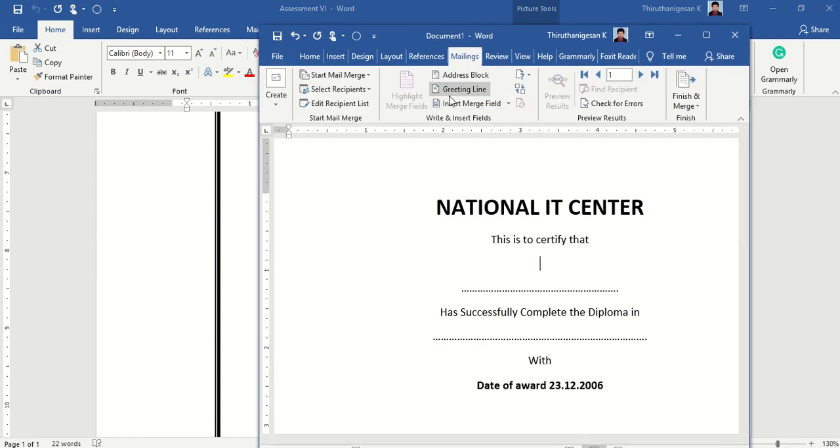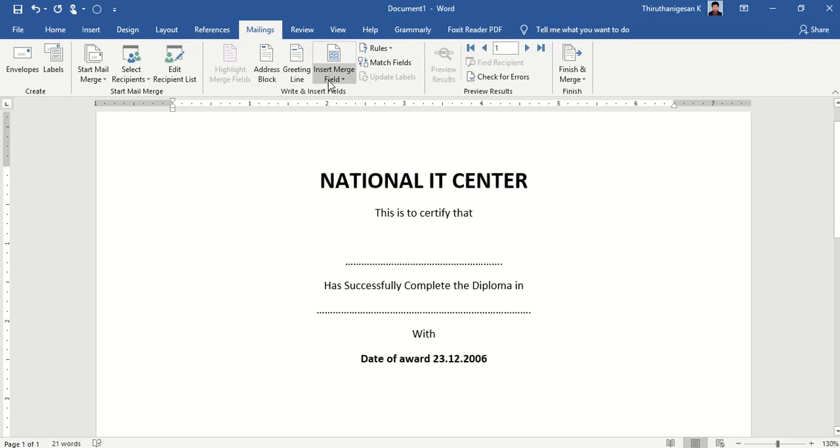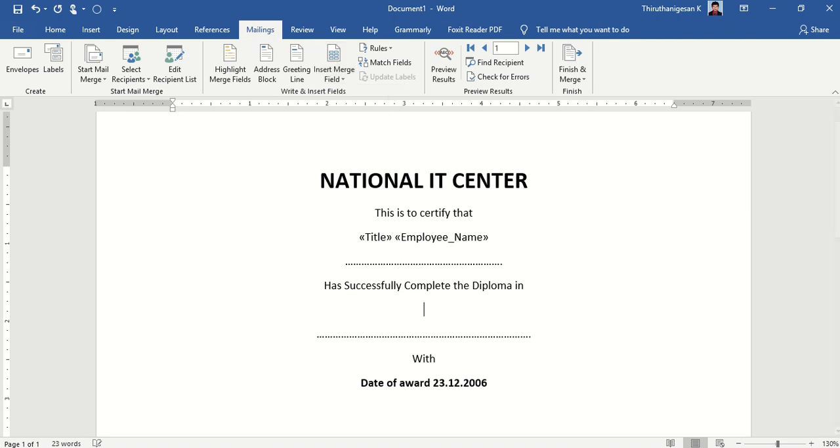Now what I want to do is insert the title and name here. I want to insert the title, and a space, then I can insert the employee name. Then after that, he has completed which diploma, the course followed, I want to insert here. Then with that, the grade. Now you can see the preview. I have the four data, all four records displaying one by one here.